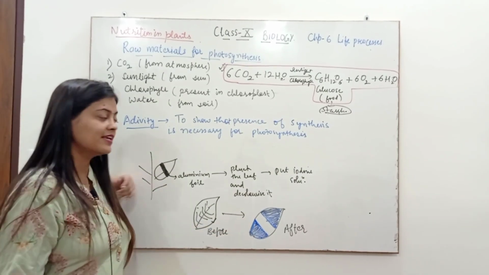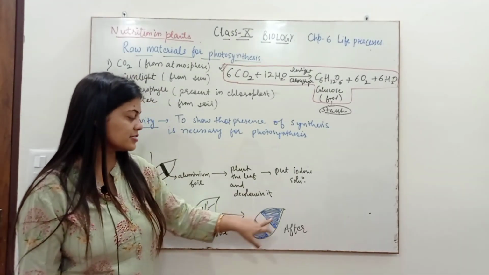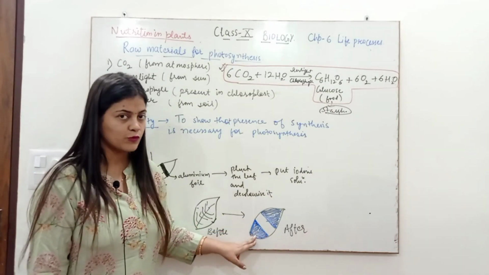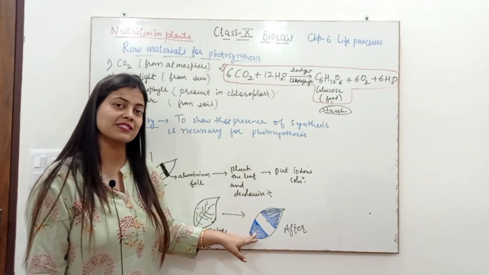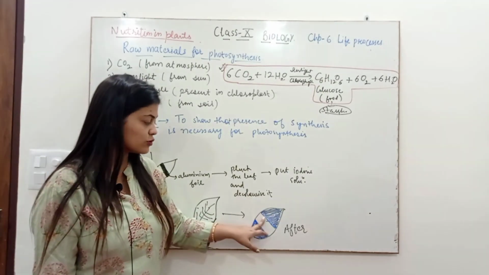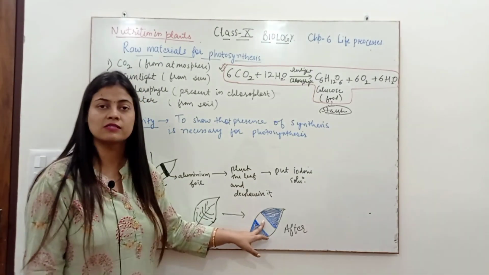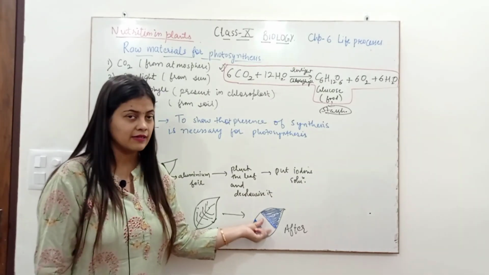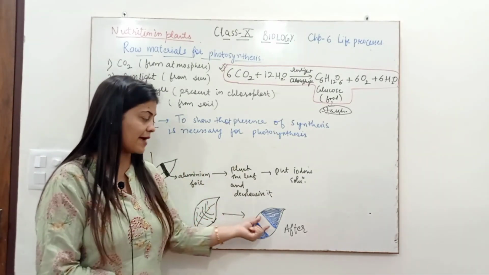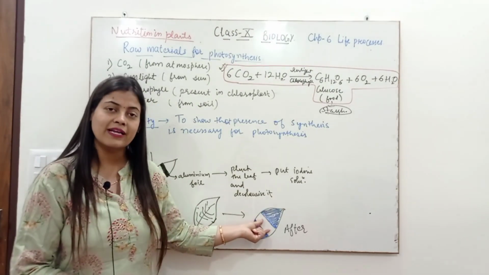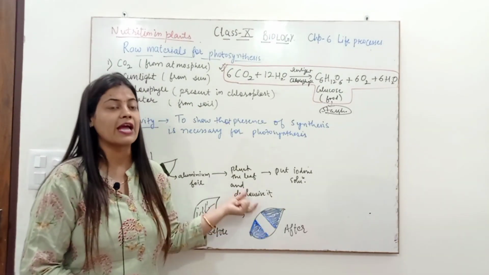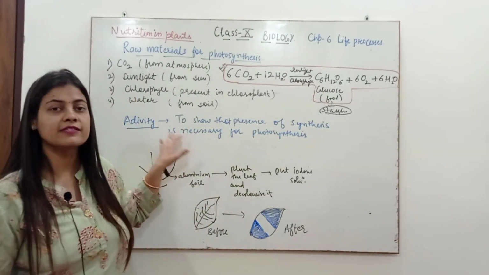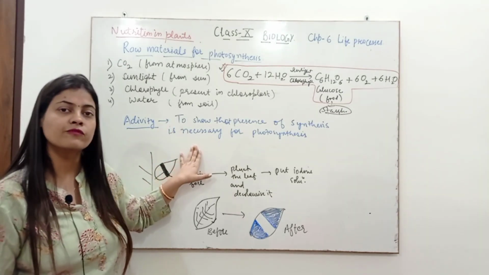This pattern shows that in these two areas, which I have shown in blue black color, the starch was there, the photosynthesis was there, and that is why iodine has converted into blue black color. In this portion, there was no change. The leaf remained decolorized, which proves that because this area was not getting sunlight, we had completely covered it with the aluminium foil, this area was not preparing starch, and did not show a change in color. So with this activity, it is proved that sunlight is necessary for photosynthesis.